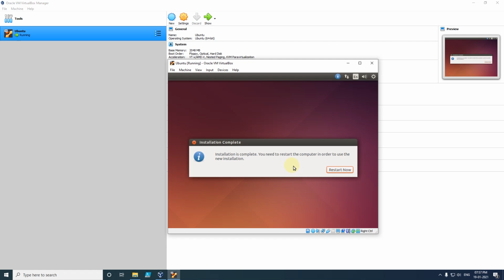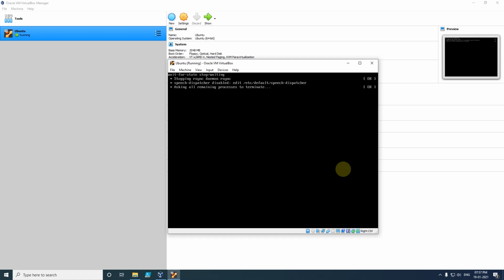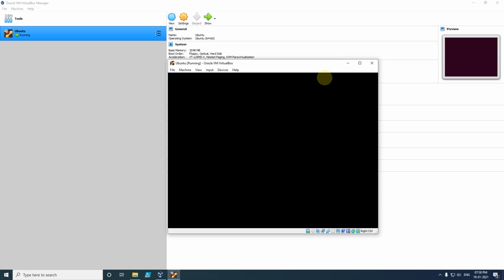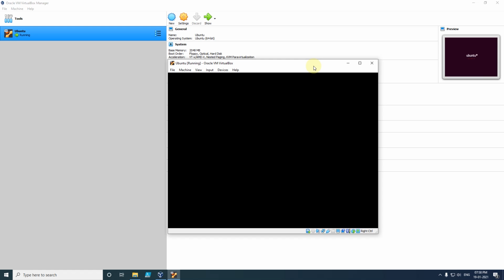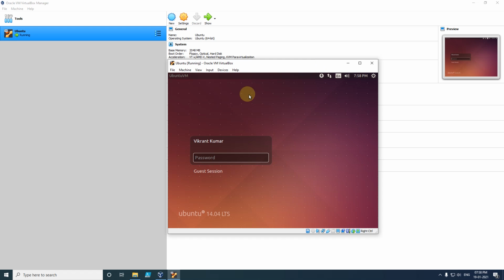Our installation has completed and now we have to restart the system. So I will click on this button, restart now. After I have restarted the system, we got a window like this, and in this one we have to enter the password and again press enter.